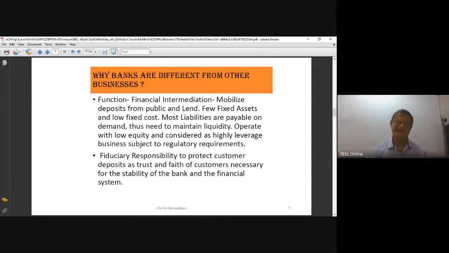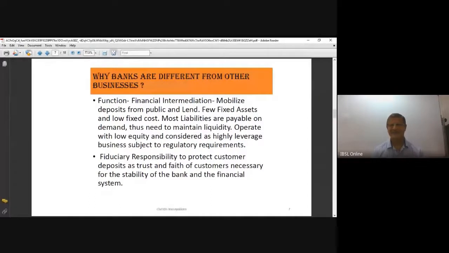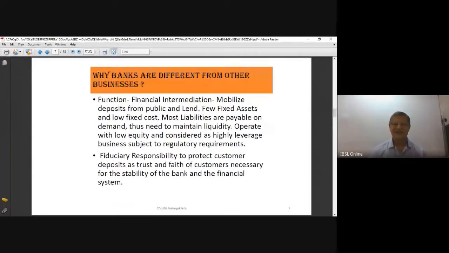I have a question here. And I need for you to understand this question very well. Why are banks different from other businesses? Now, going back in history, I show two different events, Enron Company, whereas Barings Bank.